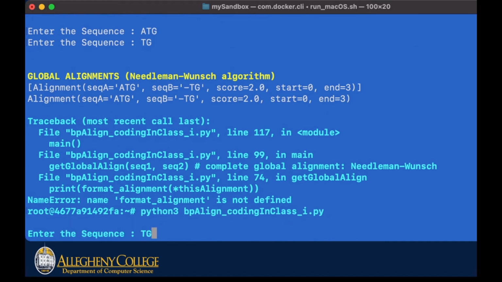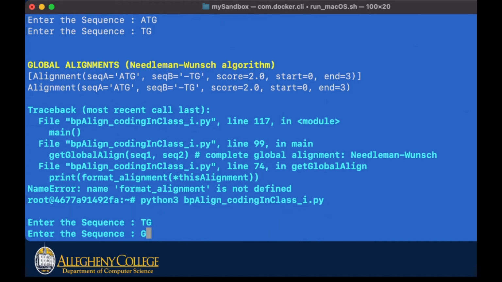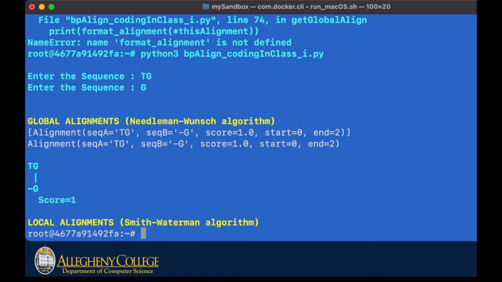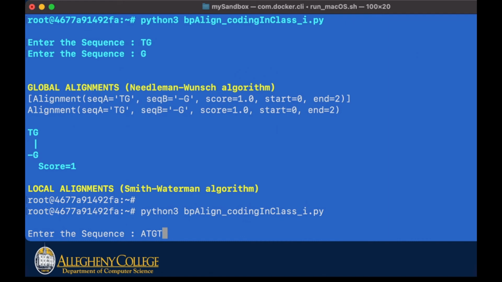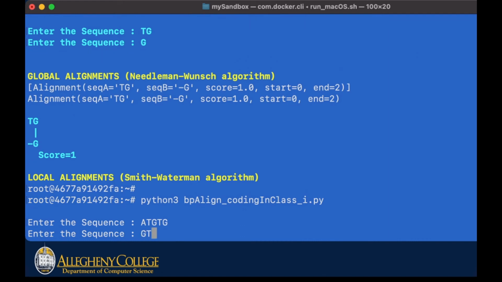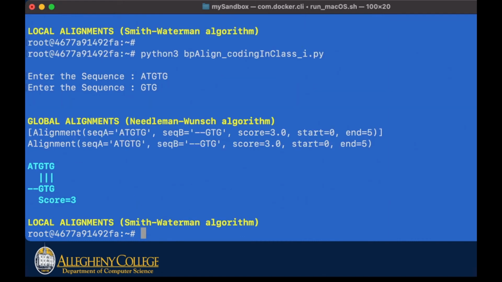Okay, and I think that I have to actually change my color here. There we go. It does work. So this whole code here creates this alignment, which is actually quite cool. ATG, AT, whatever it is, GTG. I'm just making some codes up here, but again, you can see how it's offering an alignment